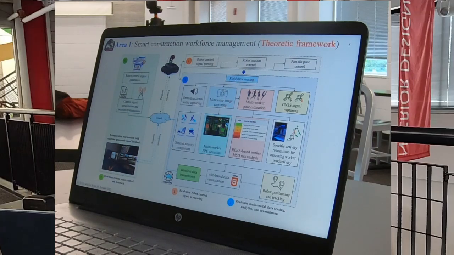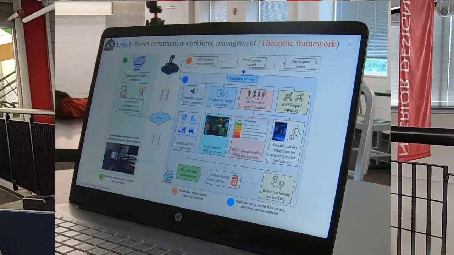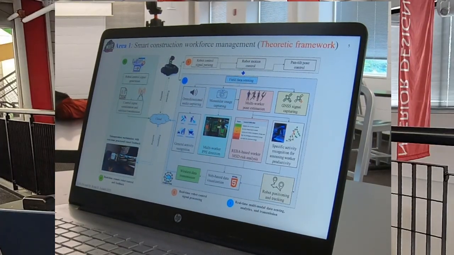Another aspect is related to their ergonomics, because when they are performing repetitive tasks, they do that again and again and again. That may induce hazards to their body, like their joints, their bones, and so on. But given a bunch of emerging technologies, how can we automate this process, to get information on whether they are in good condition in terms of ergonomics, or whether they are really complying with the safety regulation? These are the things this study focuses on in terms of safety.